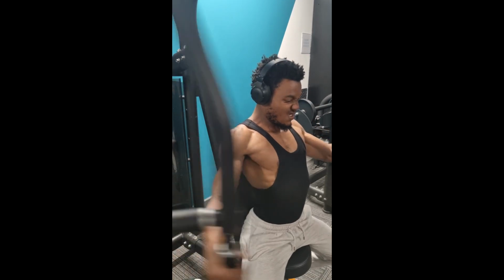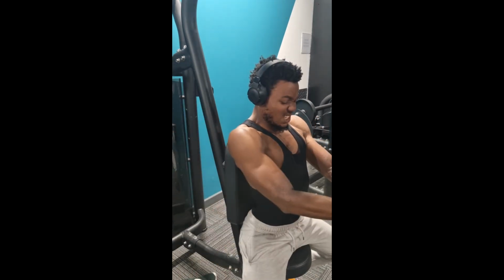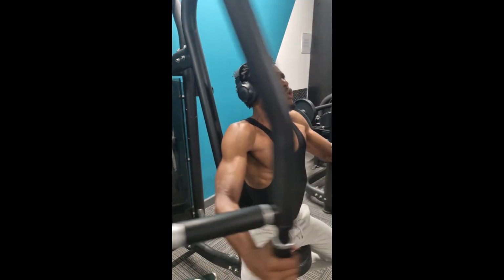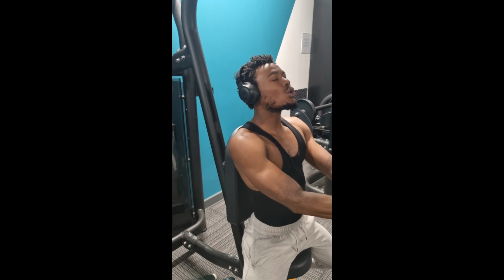I do bench on my full body day, but I've got squats and deadlifts also on that day, and then I do curls and lateral raises and calves. And then I do small muscle groups after that. And I think I do pull-ups. Yeah, I do weighted pull-ups because these are the real